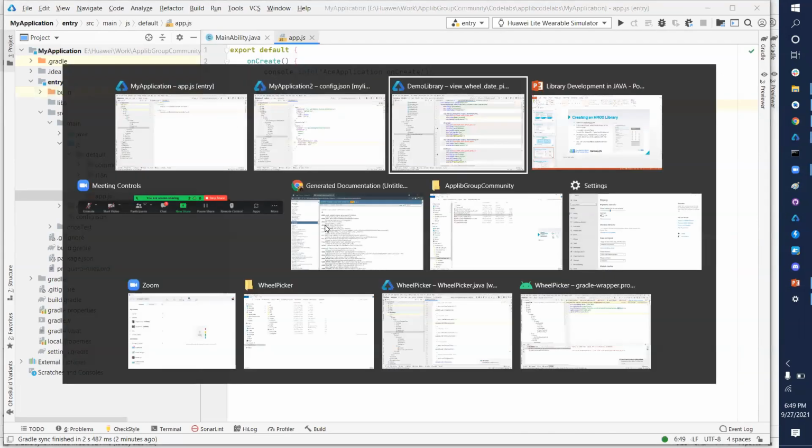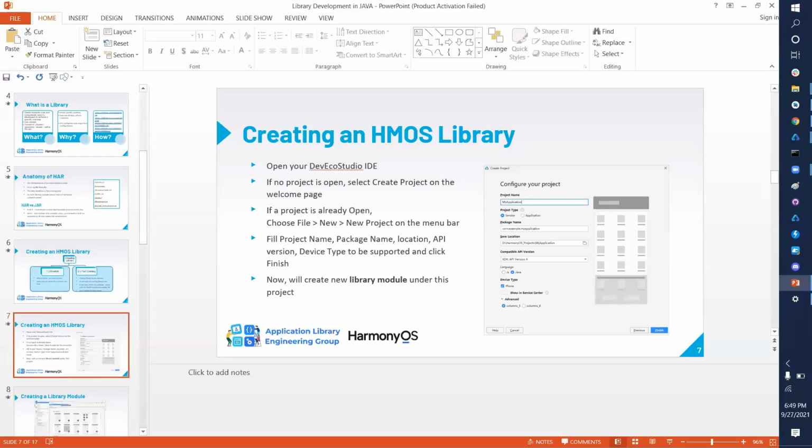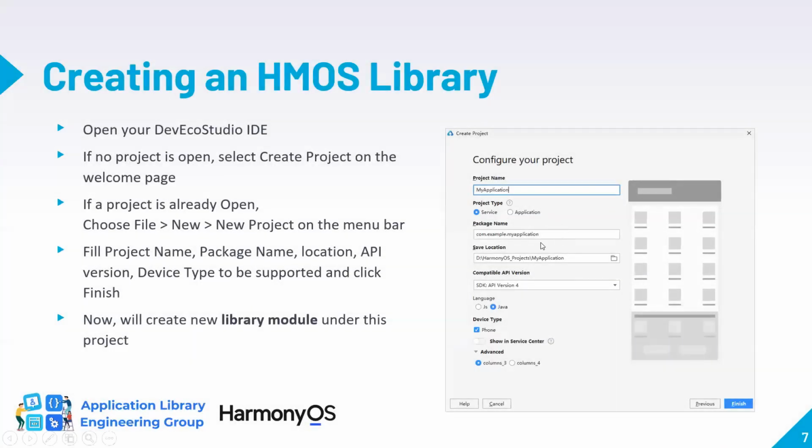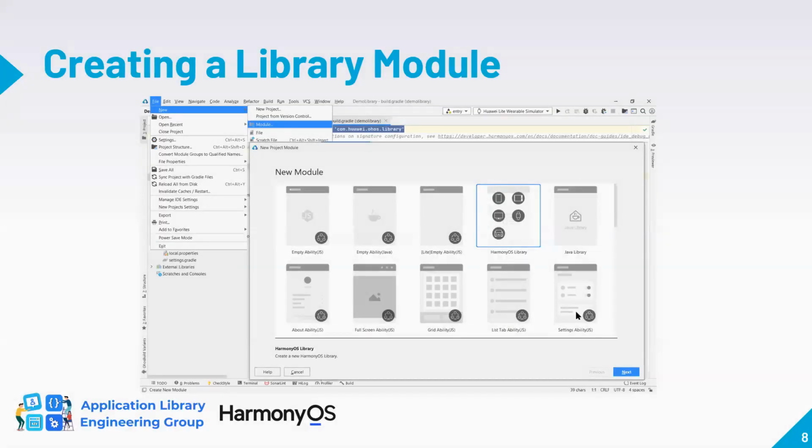Now coming back to our presentation, we saw how to create a project, how to add all the details, and we already created a new library module under this project. Now we'll see how to port an existing library.